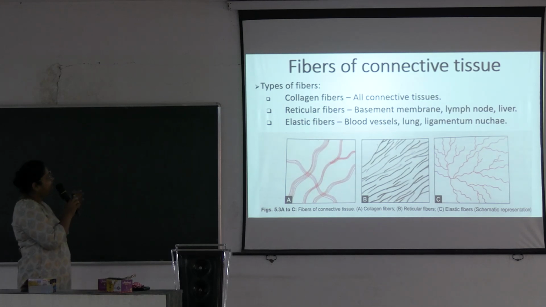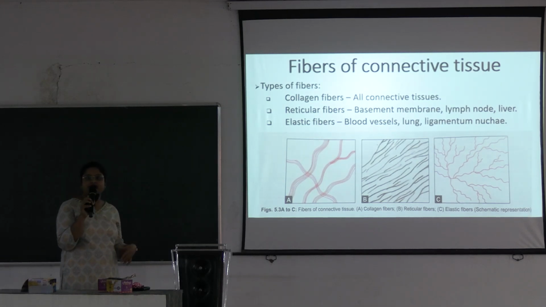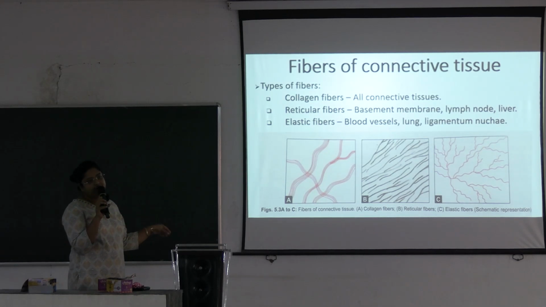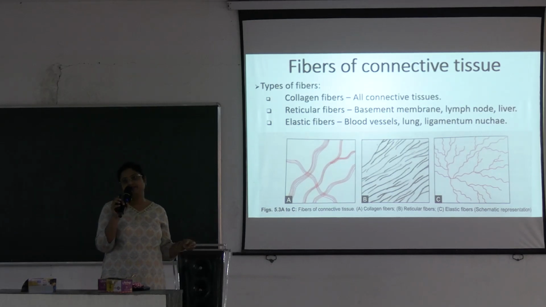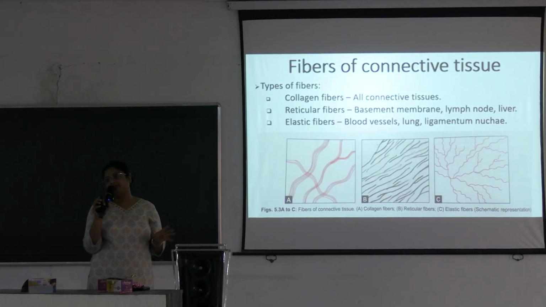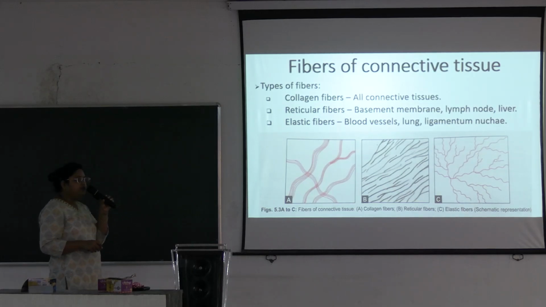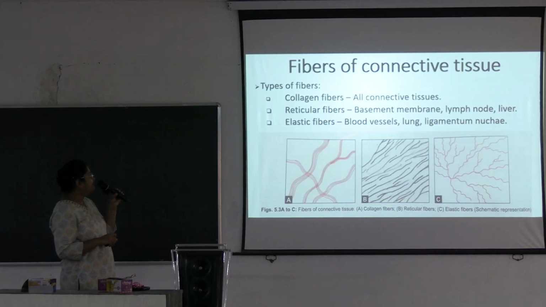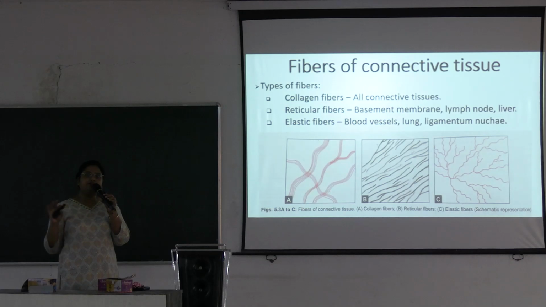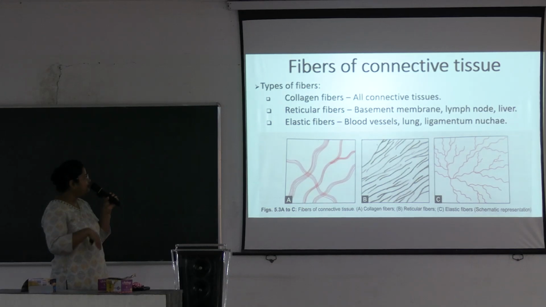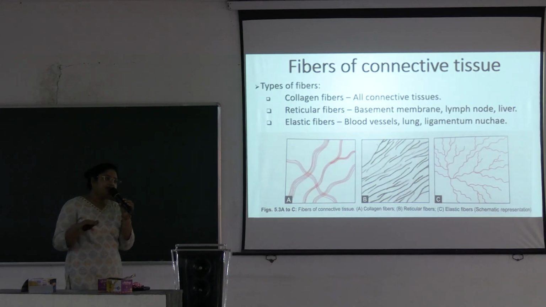Next, we will discuss the fibers of connective tissue in details, okay. This also comes as a short note, fibers of connective tissue, okay. 3 types of fiber you have to write and 3 diagrams you have to draw. You take pictures of these 3 diagrams you have to draw in your histocopy, okay. From connective tissue, many diagrams you have to draw.